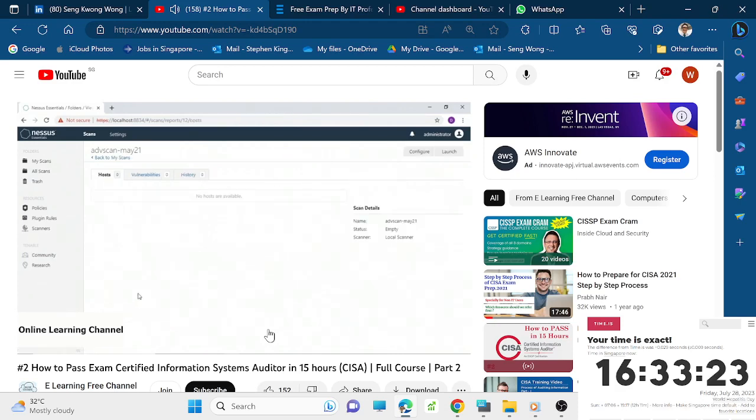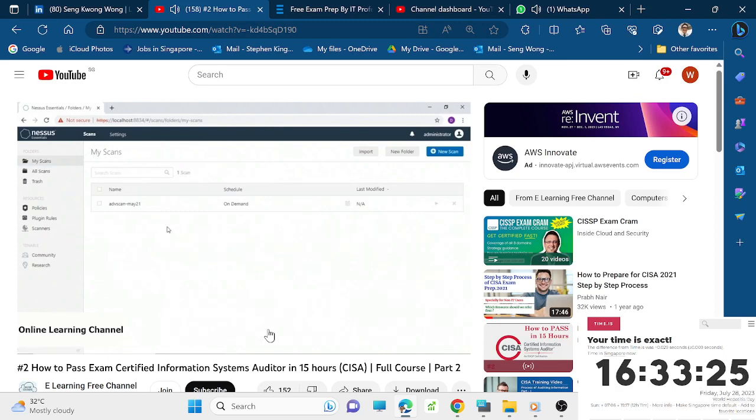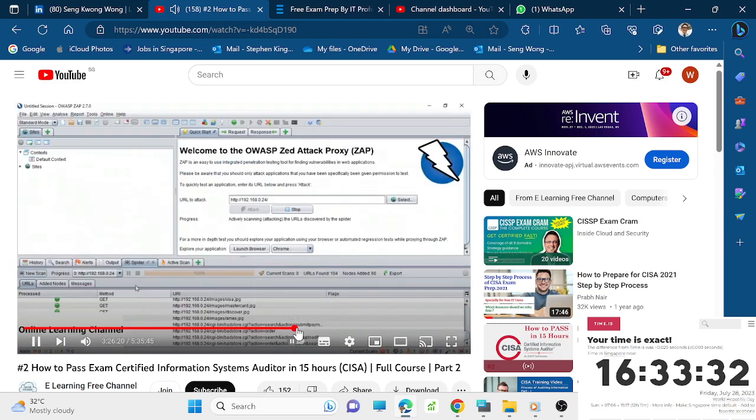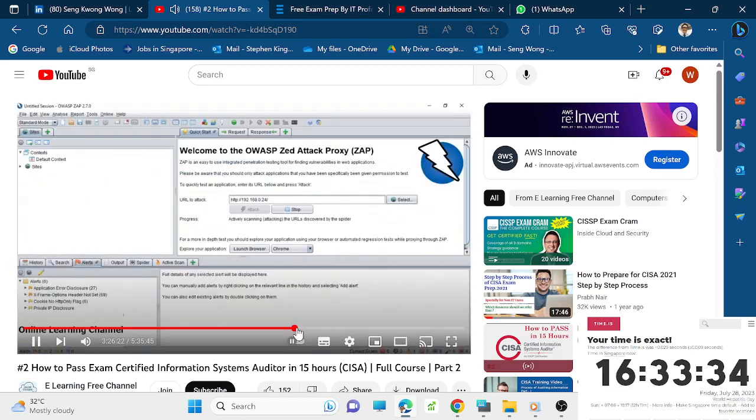However, I'm going to cancel out of that, and I'm going to go back to my scans, where what I can do is select the scan from the list by putting a check mark in the box, and then we can launch